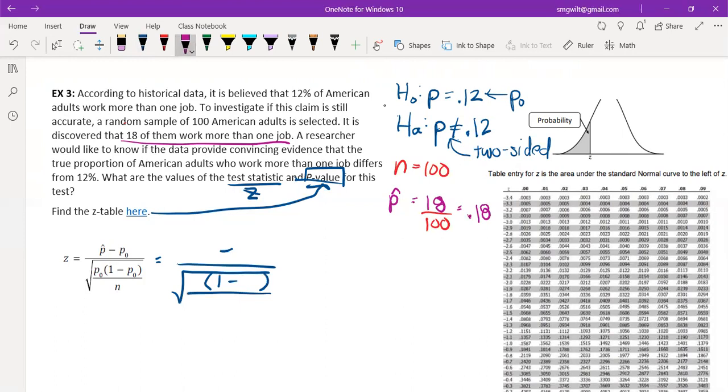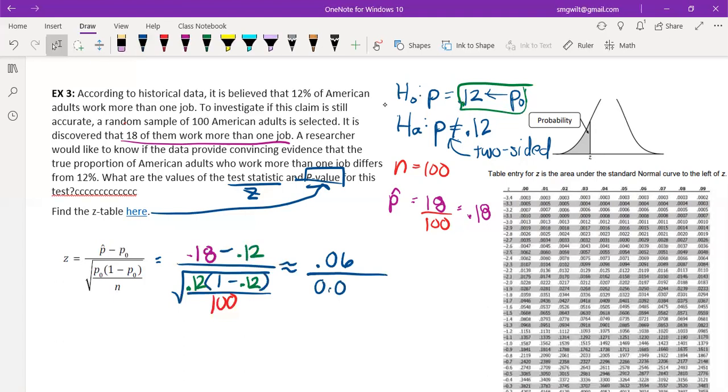Okay, so p hat is 0.18. So we're doing 0.18 minus p naught. I'm going to do p naught in green. Minus 0.12 over the square root of 0.12 times 1 minus 0.12, all divided by my sample size of 100. So if I calculate this, the numerator is 0.06. And the denominator, if I take the square root of that fraction, I get about 0.0